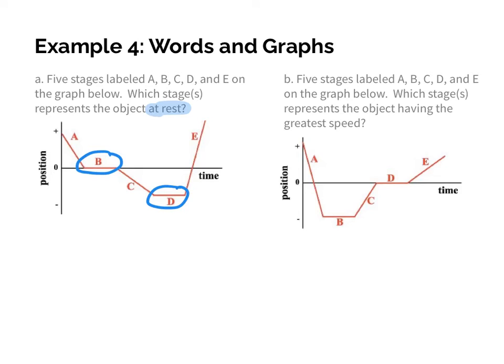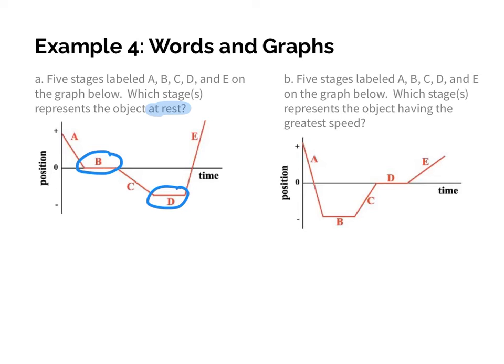So that means that E, the object, is going in the complete opposite direction, moving in a positive direction, so towards the east, north, up, right, whatever that may be. Okay? Now, the next one we're going to throw in from a position versus time graph,